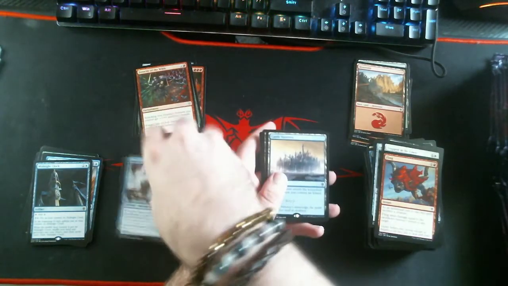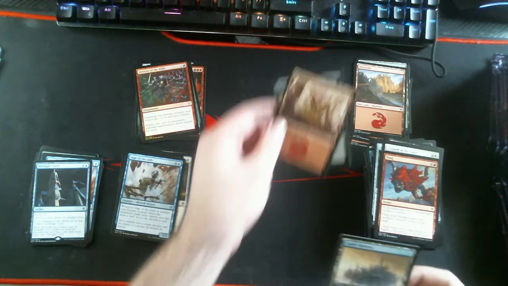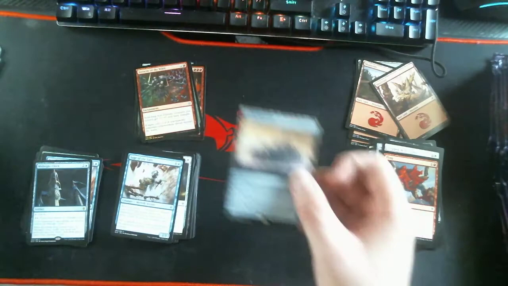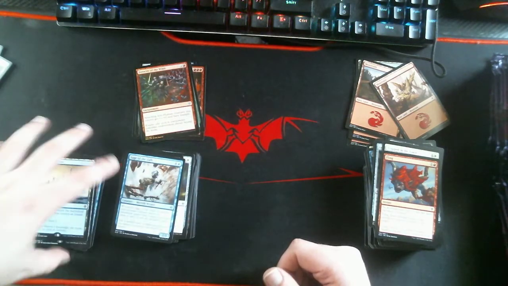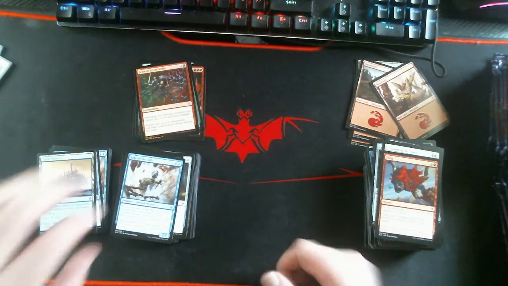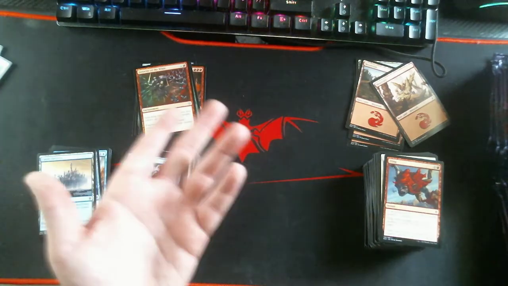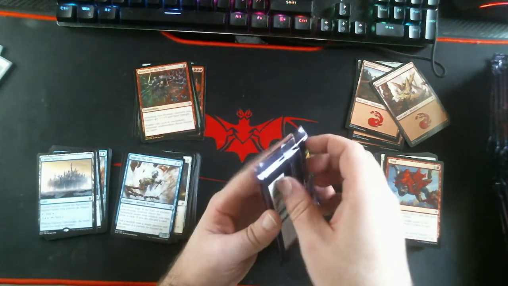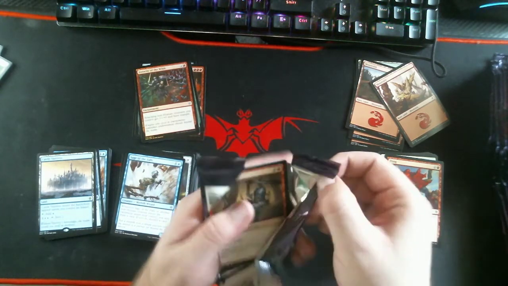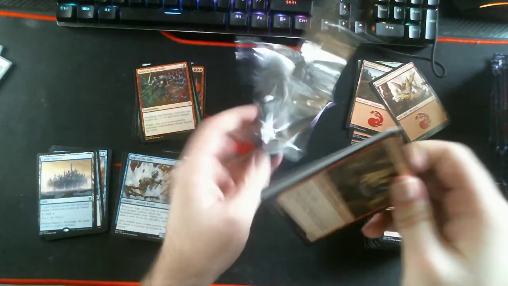Sage of the Falls, and Castle Vantress. Very nice. It's not the Borderless, but it is still Castle Vantress, which is useful, and I can definitely use that later. It's true, I am actually opening most of these for stuff that I want and or need for Commander or whatever else I want to play. Not exactly the most useful way to use these things, but, you know,